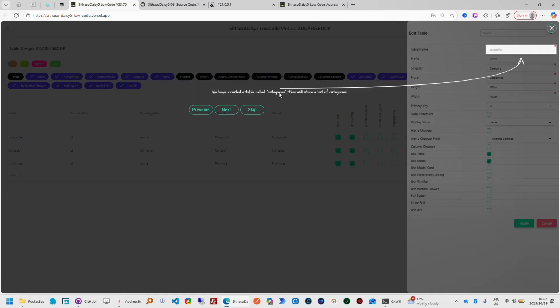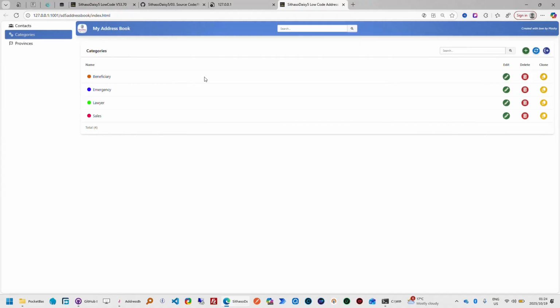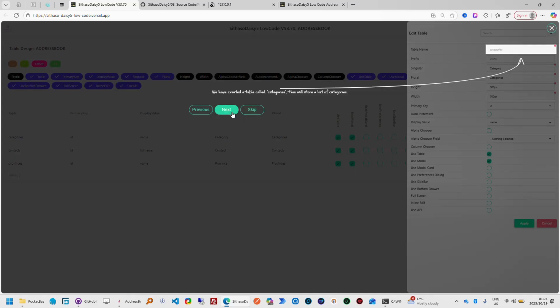we have created a table called categories. This will store a list of categories. For example, on the running project, this is how the categories are displayed. Next,